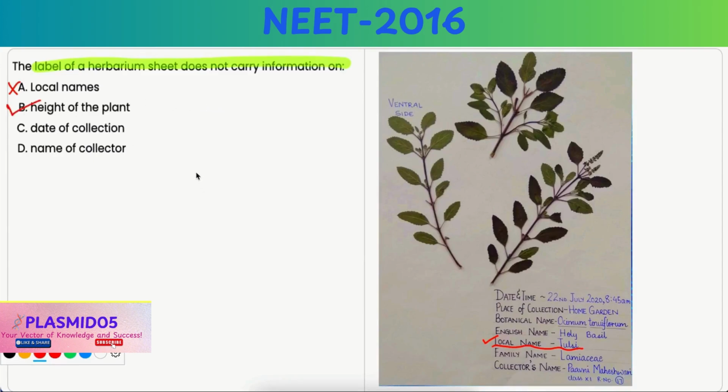Option C, date of collection. It is also incorrect because the date of collection is an essential piece of information on a herbarium sheet, as it helps in tracking the seasonality of the plant. Option D, name of the collector. It is also incorrect because the name of the collector is included on a herbarium sheet to credit the individual who has collected the specimen and to maintain the record for reference or if there is any query. Hence,